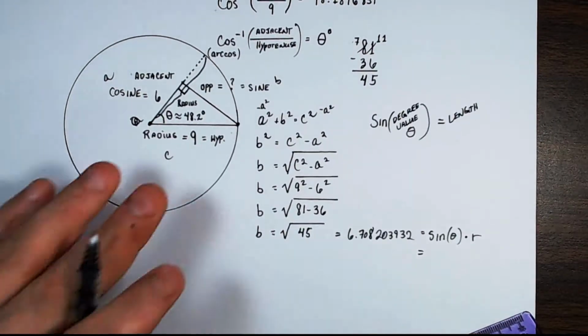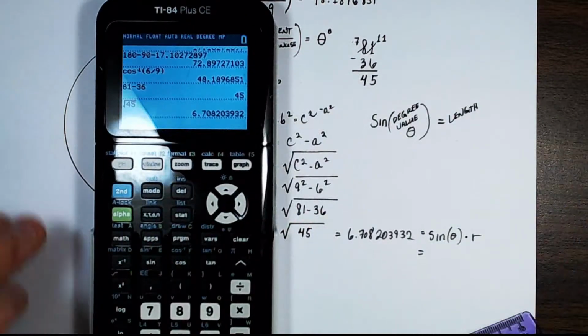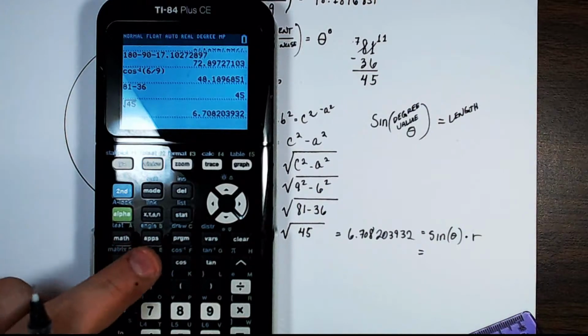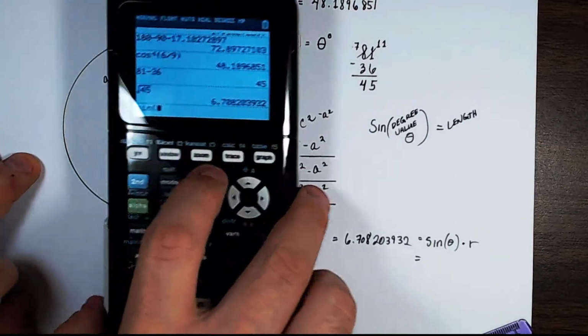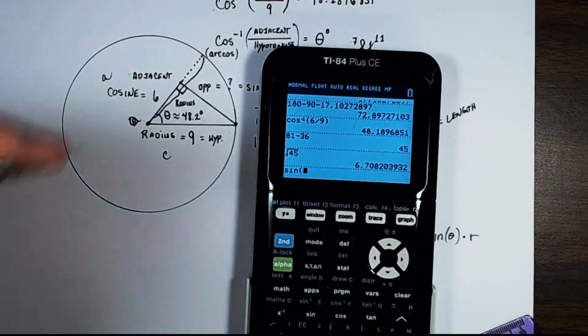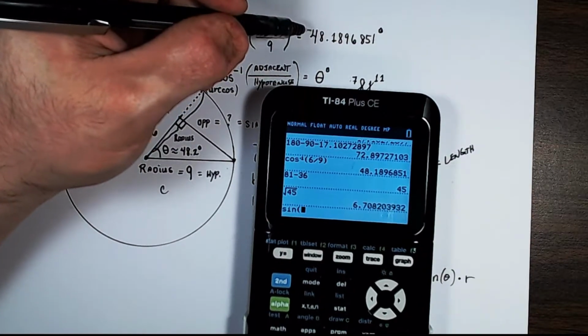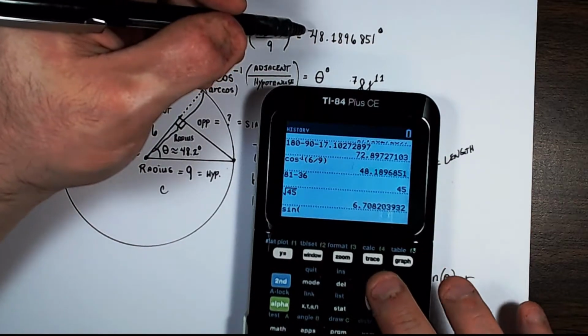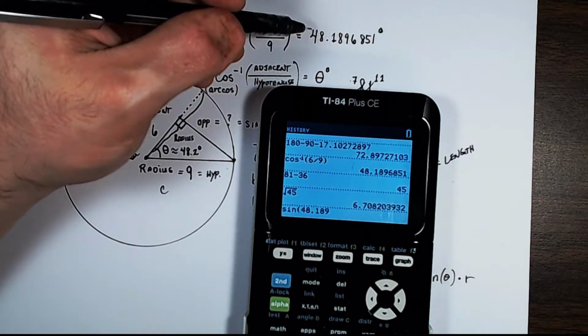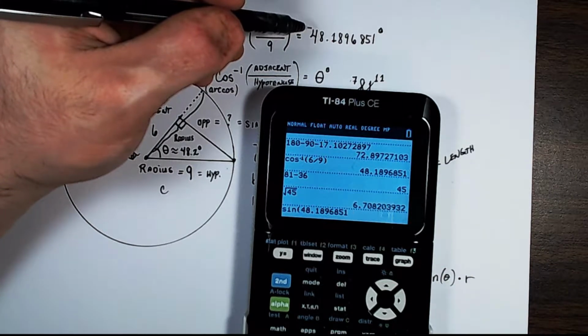All right, so let's take the regular sine of the degree value that we found here. So we're going to take the sine of 48.1896851 degrees. Right? Now hit enter